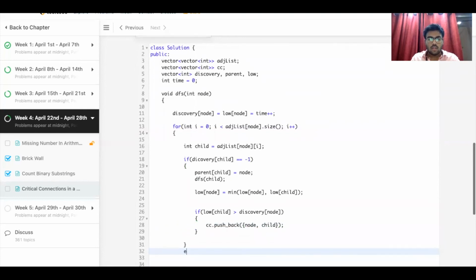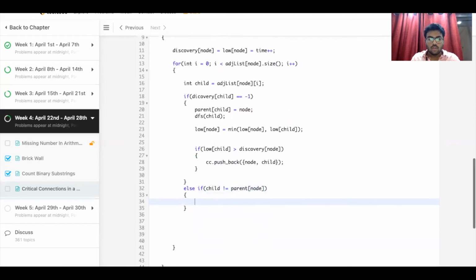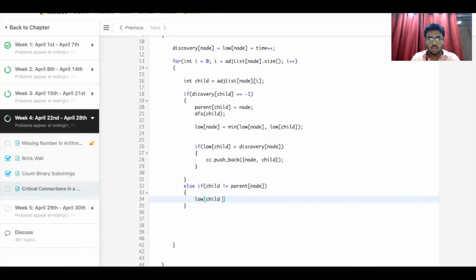And then an else if part: we check if child is not equal to the parent node. We do low of node is equal to minimum of low of node comma discovery of child.